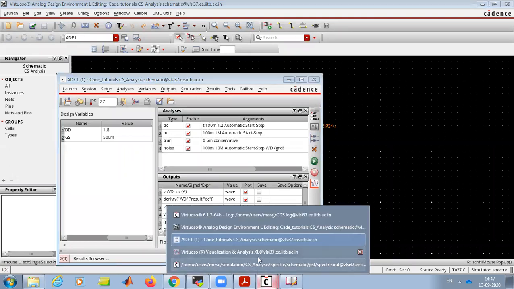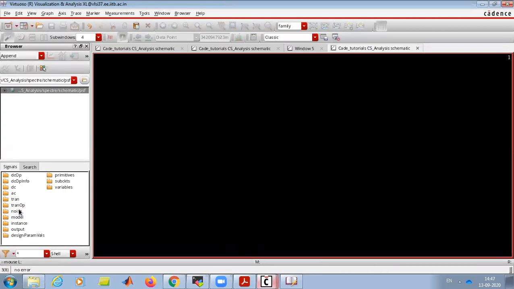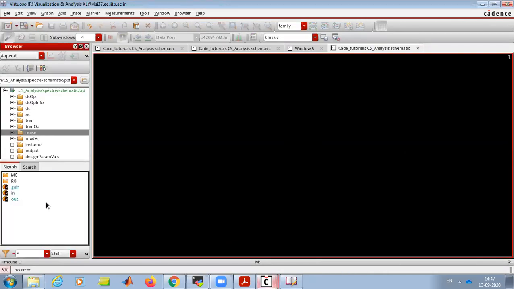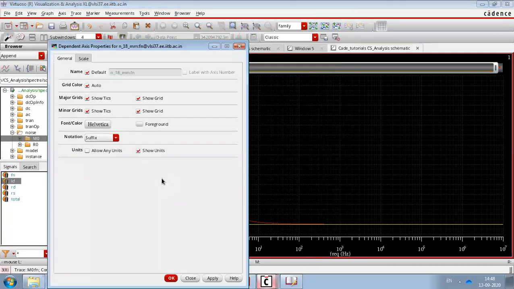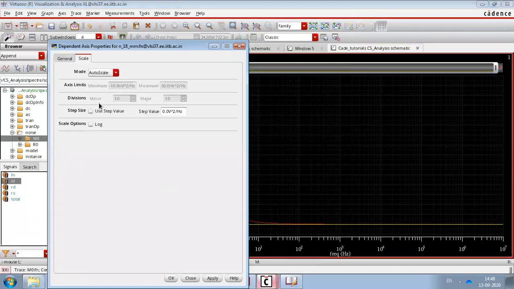So now we'll go to the result browser and go to the noise. We are interested in finding the noise of M0. So this is the flicker noise, and this is the thermal noise, because it decreases by 1 by f. And what we'll do is change the axis to log.